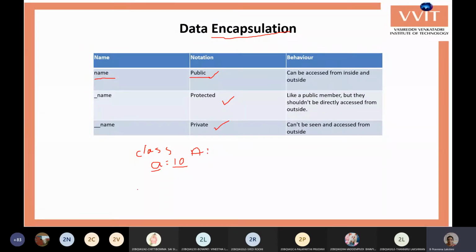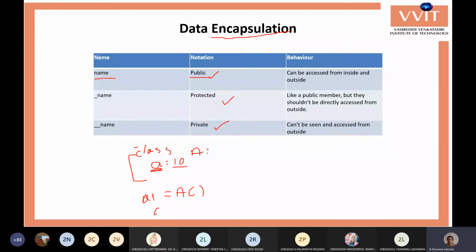Now, if I am able to use this variable outside the class, that is, my class started from this point and ends here, and outside this is the scope outside the class. Say for example, a1 equals A, so I'm creating an object for the A class.